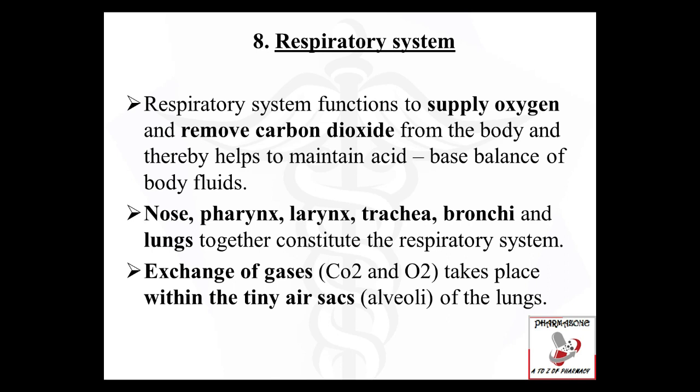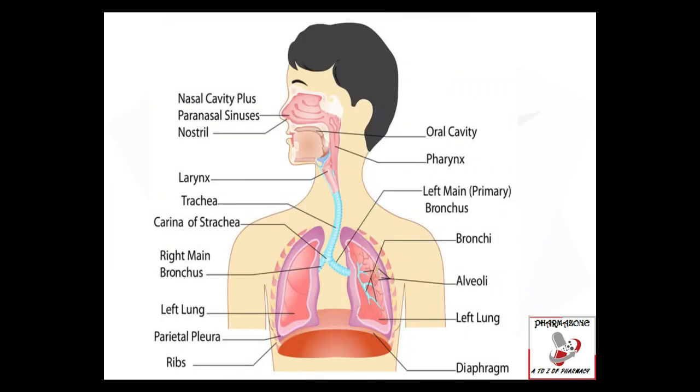Exchange of gases, that is, carbon dioxide and oxygen, takes place within the tiny air sacs called alveoli of the lungs. Organs and other structures of the respiratory system include nasal passages, lungs, and a long tube called the trachea, which carries air between the nasal passages and lungs. The main function of the respiratory system is to deliver oxygen to the blood and remove carbon dioxide from the body. Gases are exchanged between the lungs and the blood across the walls of capillaries lining tiny air sacs called